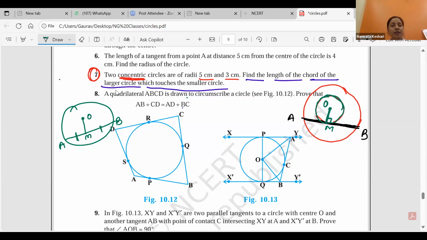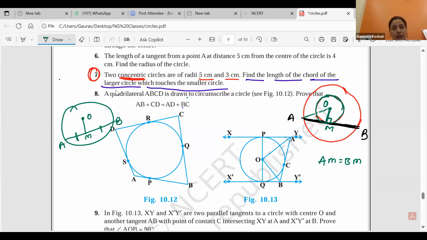ओके एंड देन हमें बताना है क्योंकि यहाँ पे 90 डिग्री क्रिएट हो रहा है, तो क्लास 9 में हमने एक थ्योरम पढ़ रखा है दैट परपेंडिकुलर ऑन कॉर्ड बाइसेक्ट द कॉर्ड। ओके perpendicular from the center on the chord bisect the chord, that means AM and BM will be equal। इतना हमें डिटेलिंग देना है।